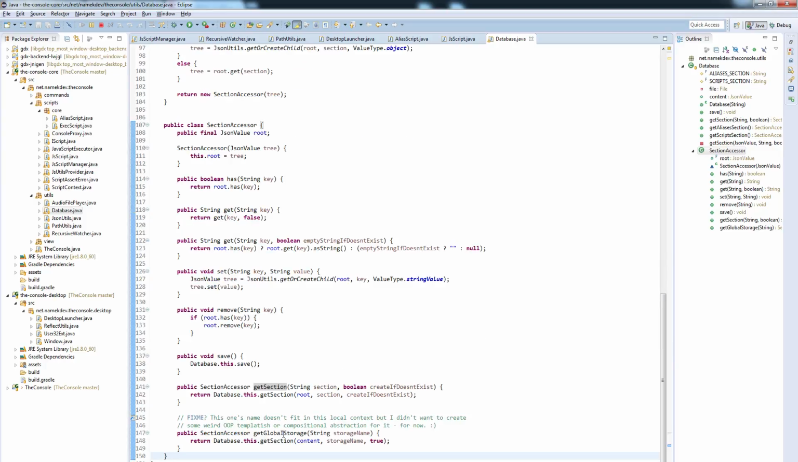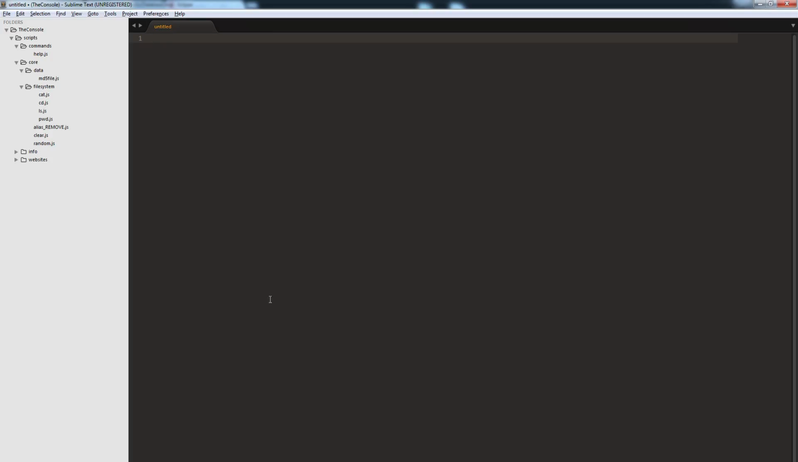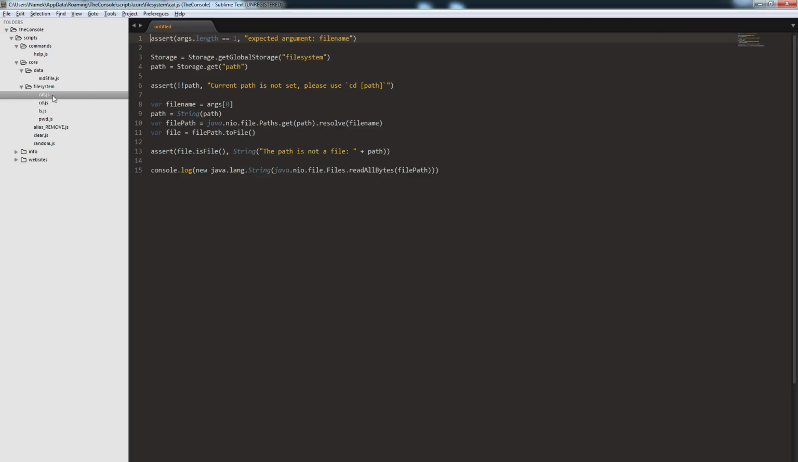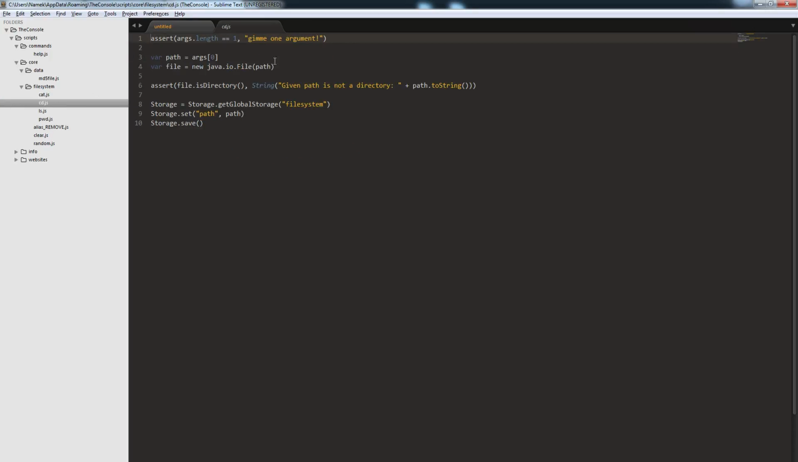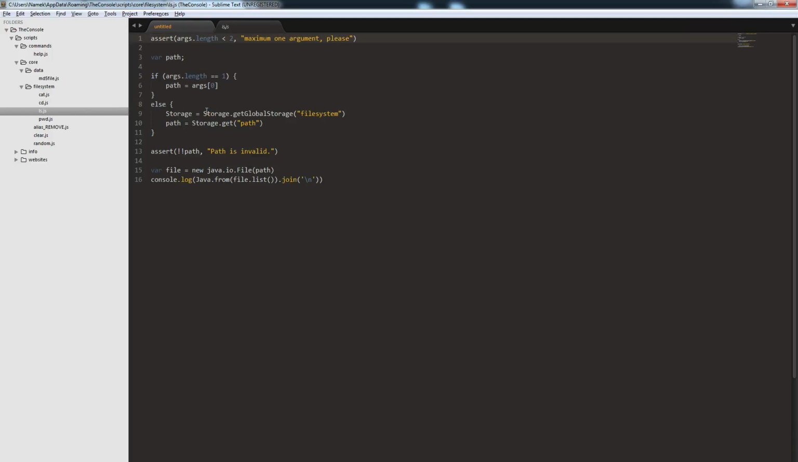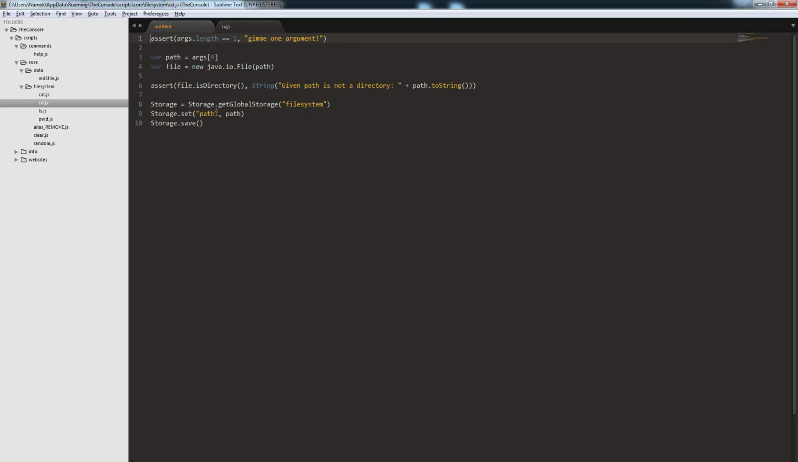Yeah, and there's also the global storage, which means every script (cat, cd, ls, pwd) has its own storage, but it's not really useful. So you get the common storage, the file system storage, and every script. Why? Because we save the path. For example, if we change the directory,